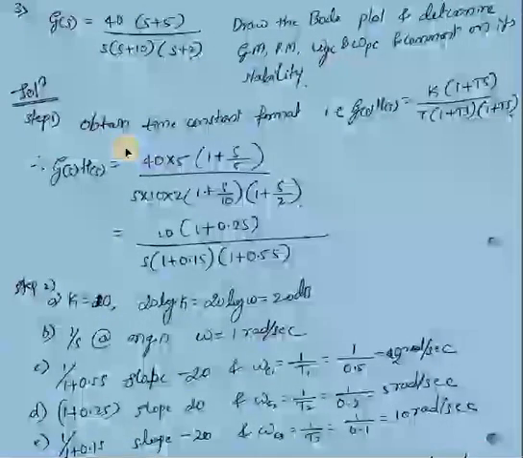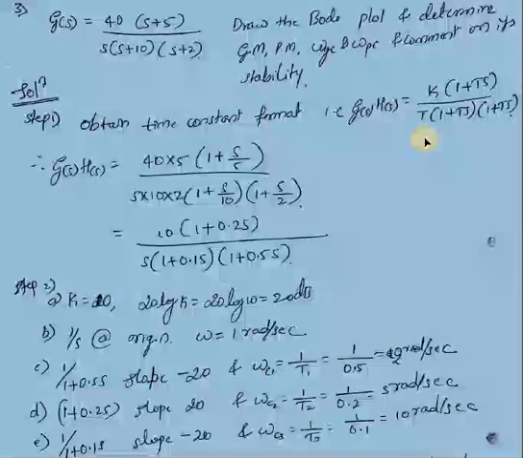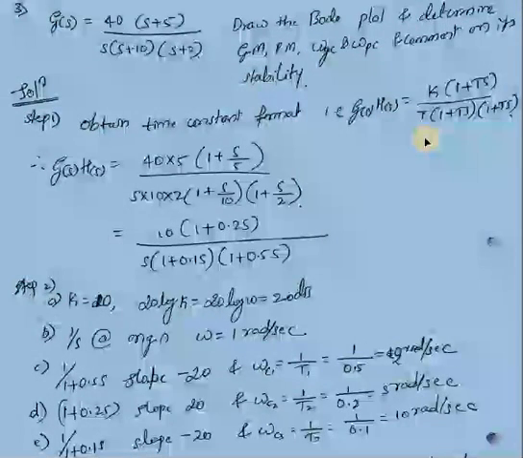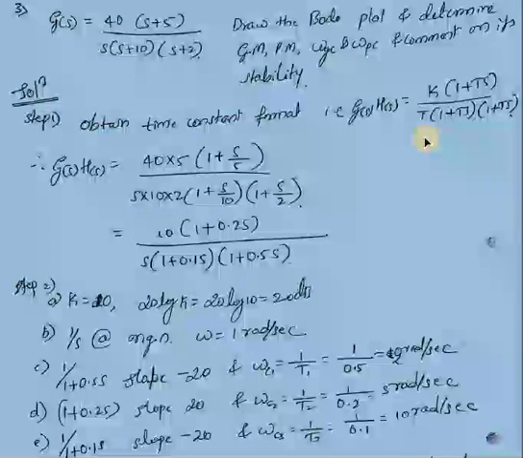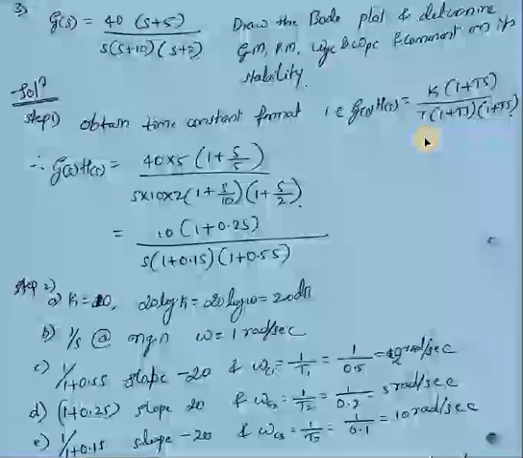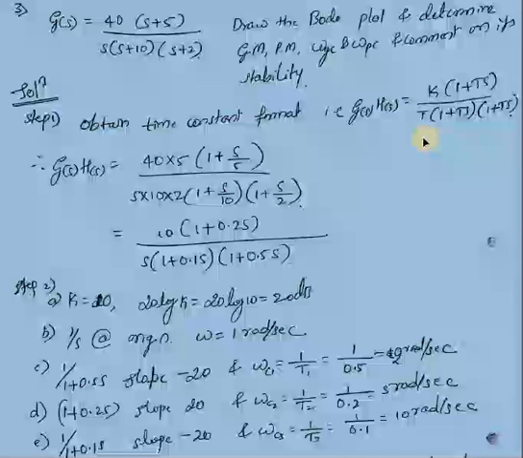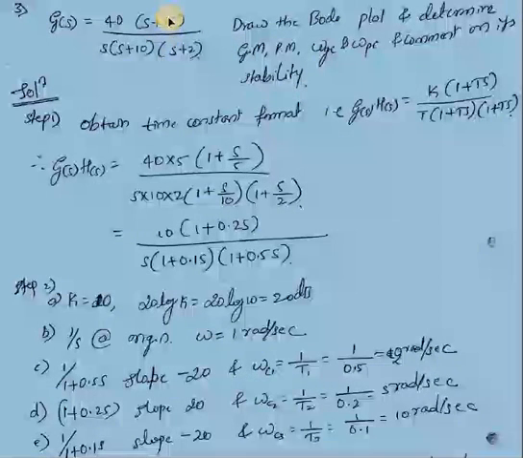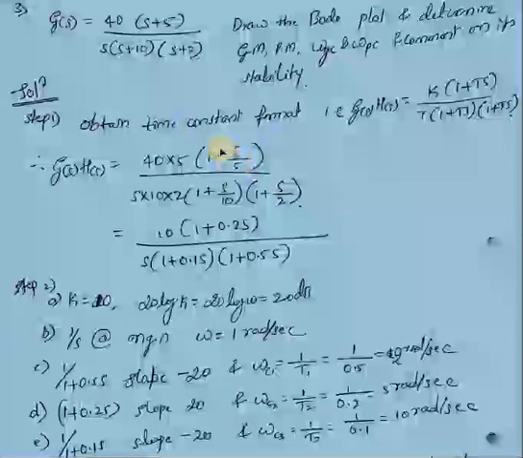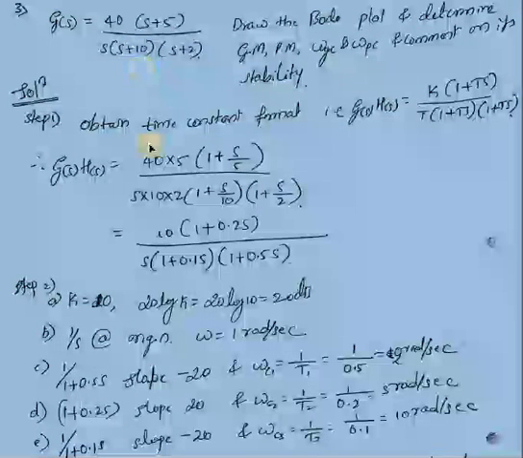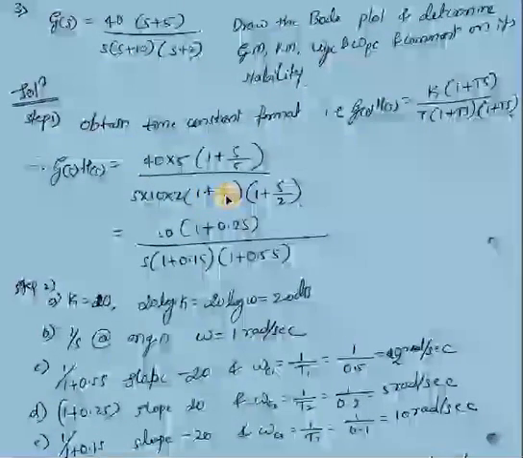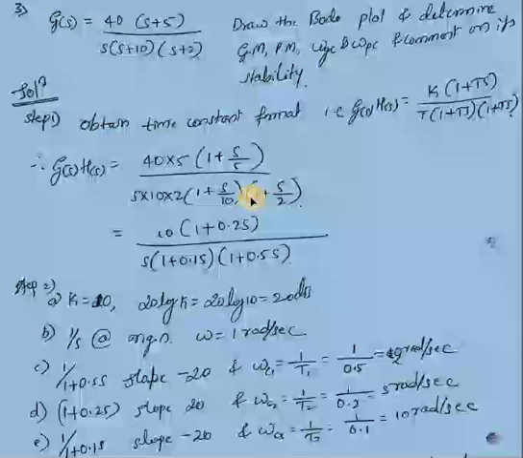that is G(s)H(s) = K(1 + τs) / [s(1 + τs)(1 + τs)]. So to get in that form, I will take 5 from this as the common term. So it will be 40 into 5, (1 + s/5), 10 from this, so it will be (1 + s/10),